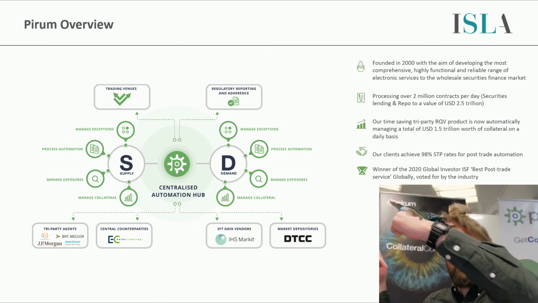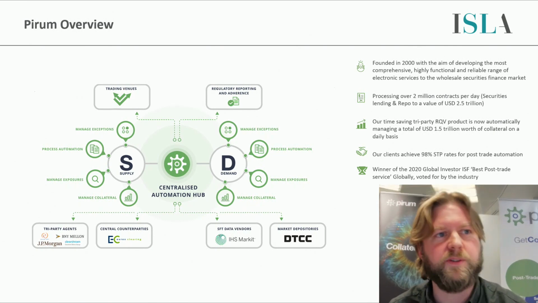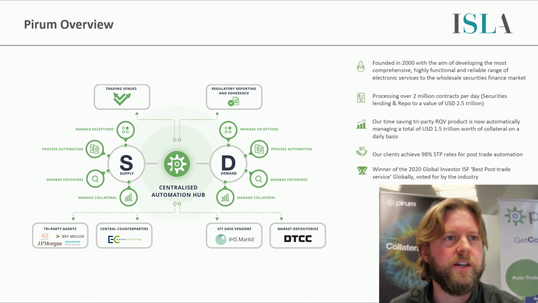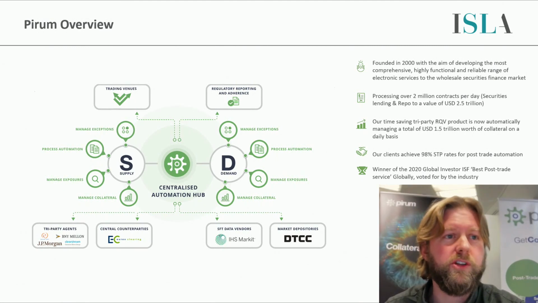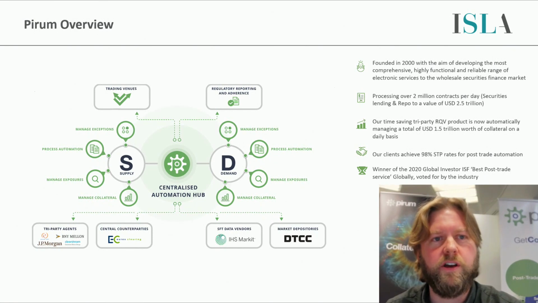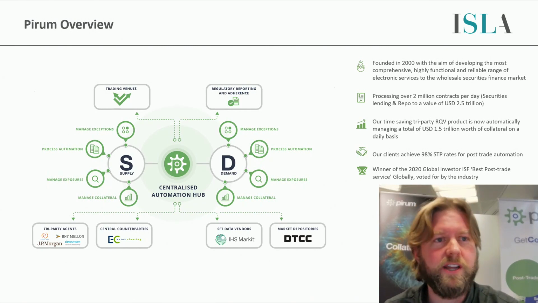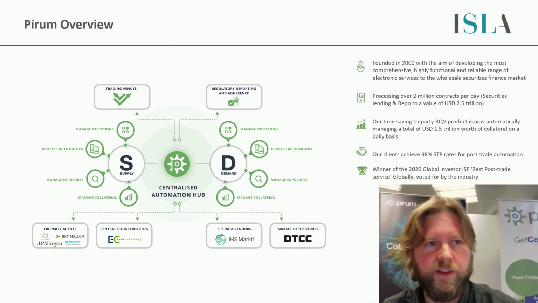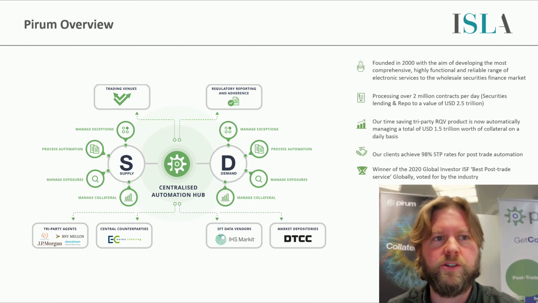So if you look up to my right, you'll see the rest of our services. We're very much positioned in the market as a connectivity hub for securities finance. We primarily cover securities lending and repo, connecting the supply side and the demand side together. We have full connectivity to the 4 main tri-parties and provide clients with automated services to manage exposure and collateral with those tri-parties. We connect with central counterparties and facilitate CCP trading. We connect with market data vendors and send their data in real time on behalf of our clients where they ask us to. And we also connect to market depositories to provide process automation.